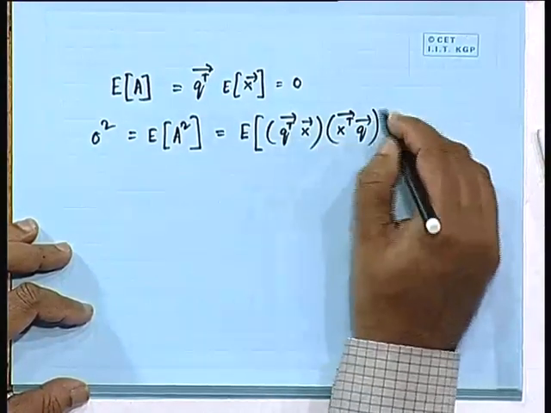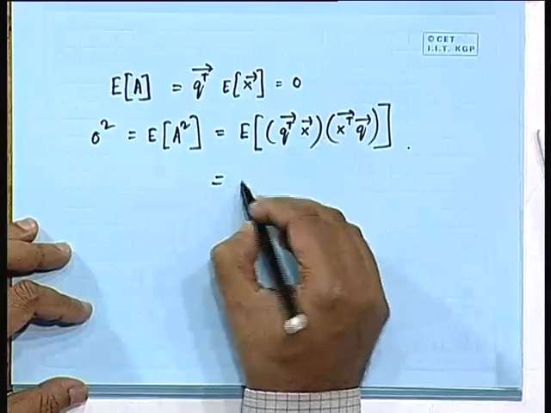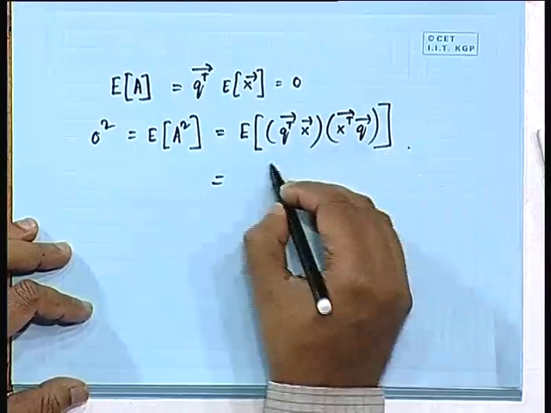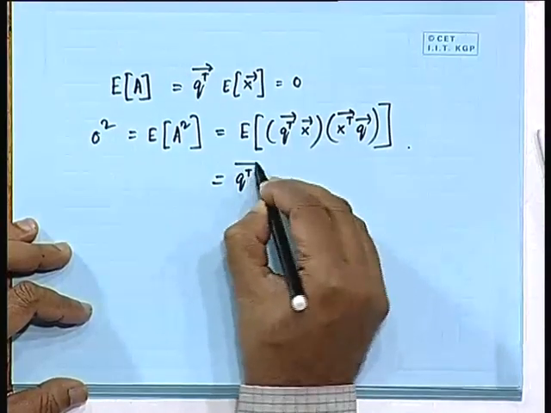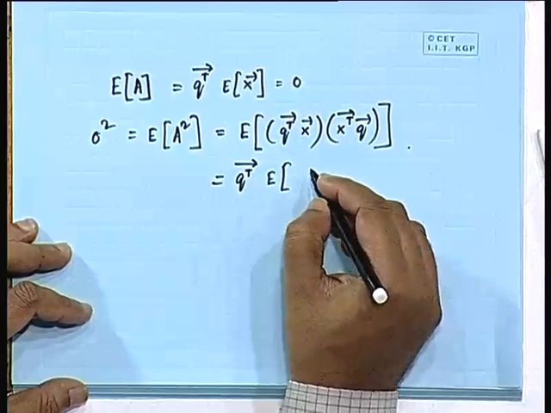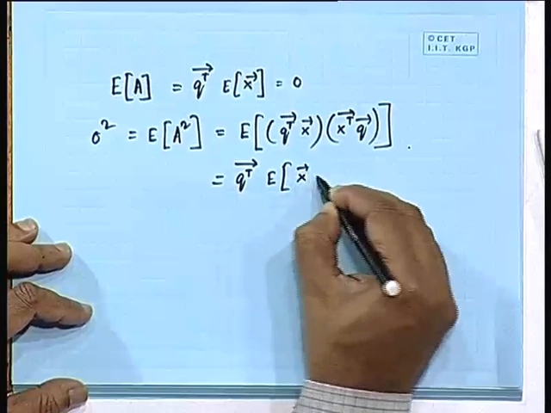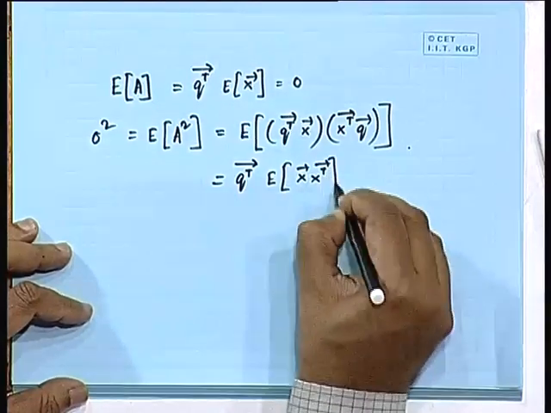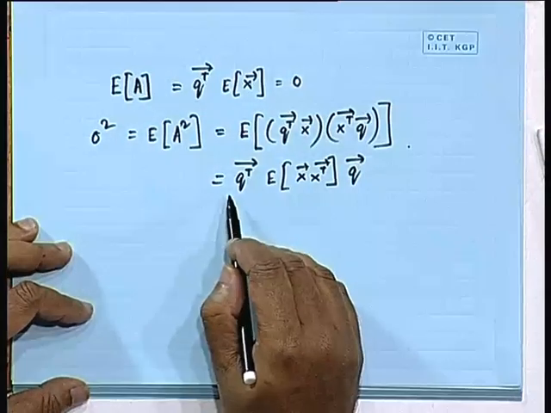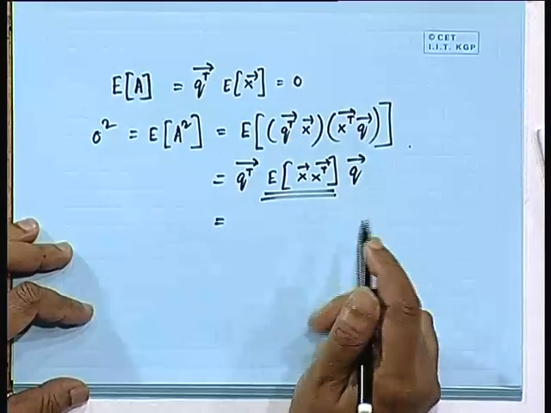Q transpose x, x transpose Q. So, this can be now represented as Q transpose and Q, they will be coming out of the thing. So, this is Q transpose, and within the expectation operator what are we going to have? It is going to be x x transpose, x x transpose, and this is going to be Q. Okay, this is Q transpose, this is Q. Now, what is this quantity? Expectation of,